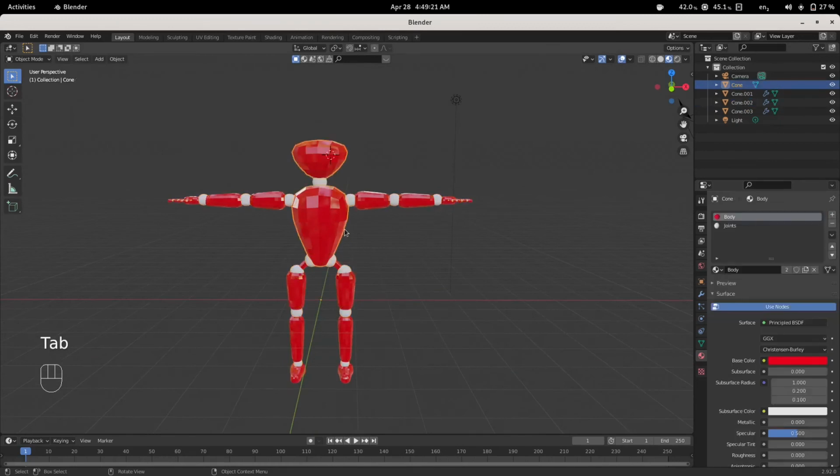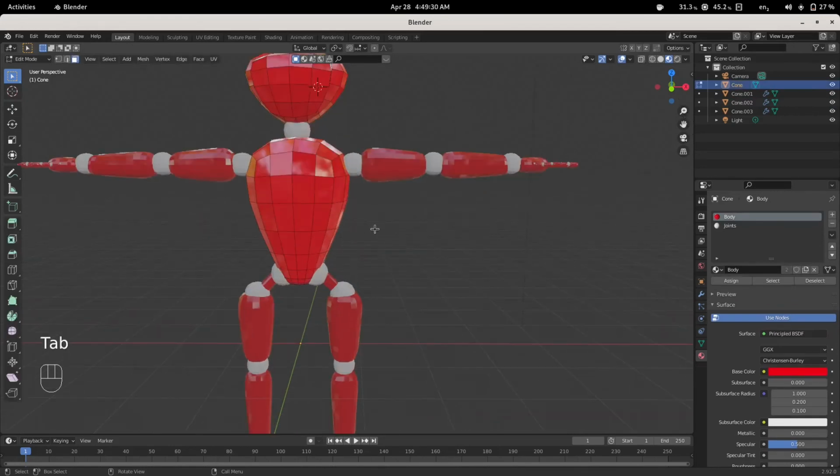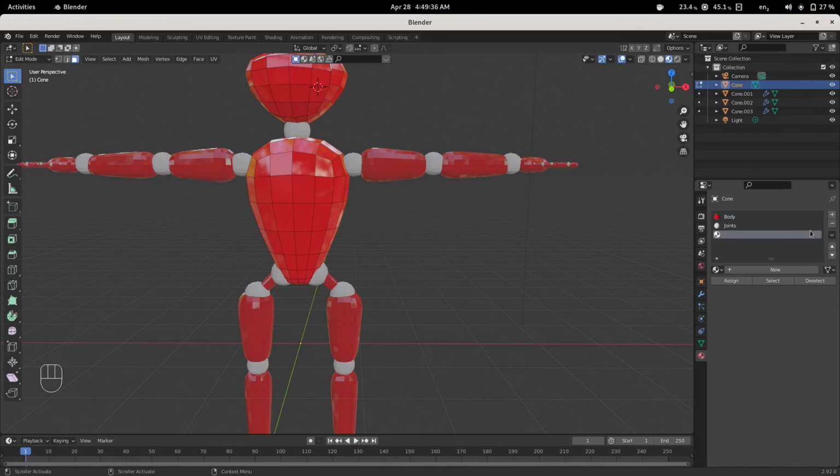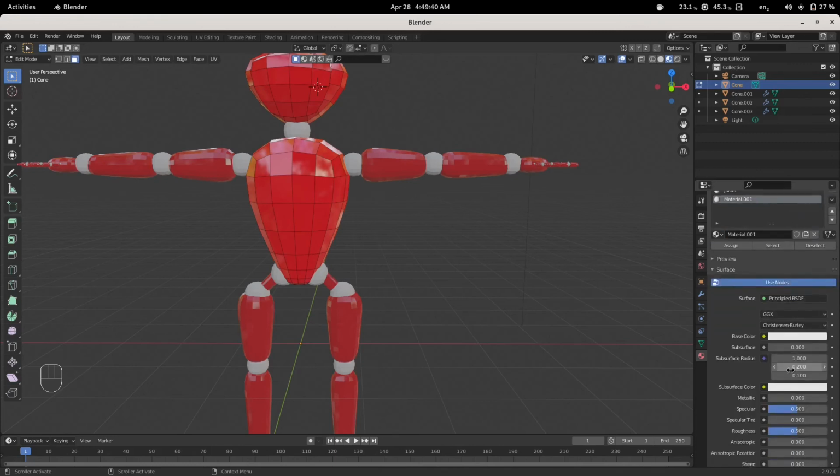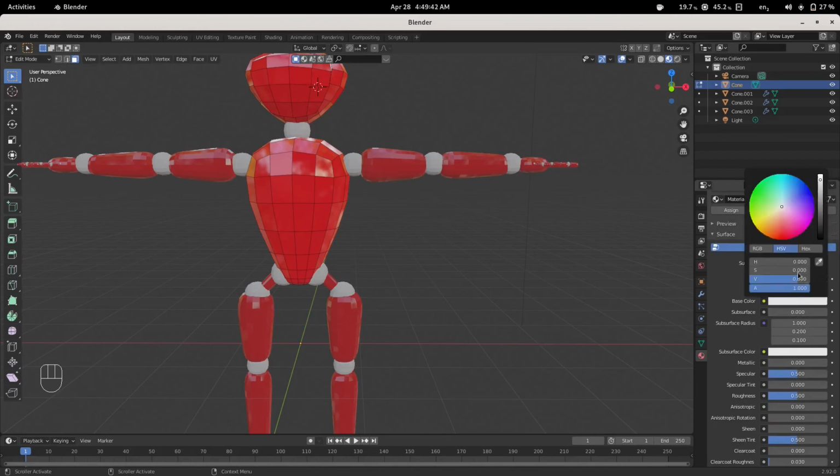Now what we will do, we will go to the edit mode by selecting the main body, and we will apply new materials to it. Let's create the material for the eye. So base color should be a little bit bluish, and we will